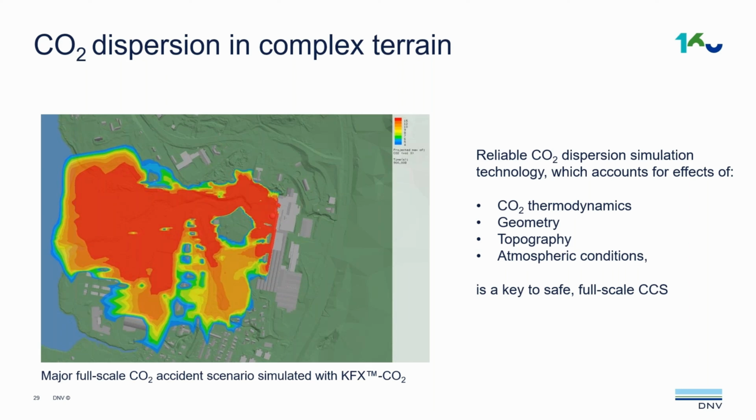What we can see on the picture is that the facility behind the tank on the right-hand side acts as a barrier, so we can see the effects of geometry and terrain. You can see here that there is a small hill, and you can see the cloud goes around it. So reliable CO2 consequence modeling, accounting for the effects of CO2 thermodynamics, atmospheric conditions, geometry, and topography, is key